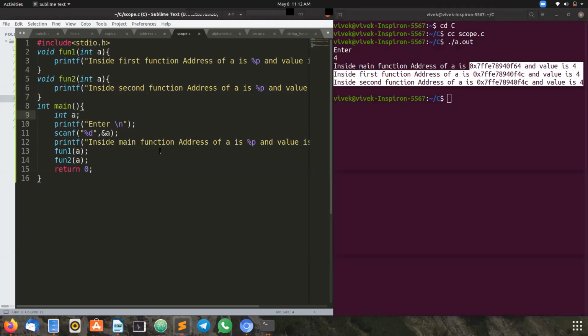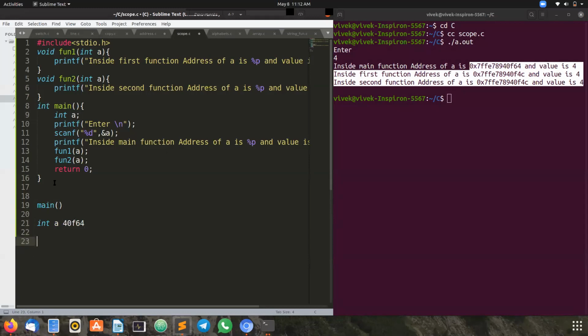In the main function, yesterday I showed you with the example of an Excel sheet. I explained in that Excel sheet how the addresses are different. Similarly, here also, at the bottom of the program, I'm going to explain. In the main function, we have the address of a as, I'm going to write only the last digits.